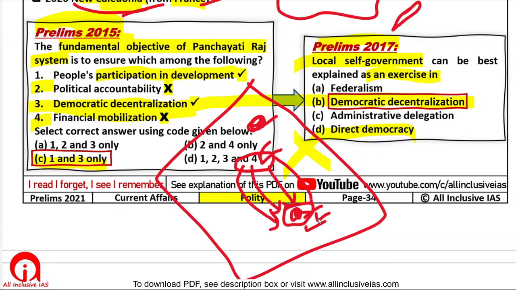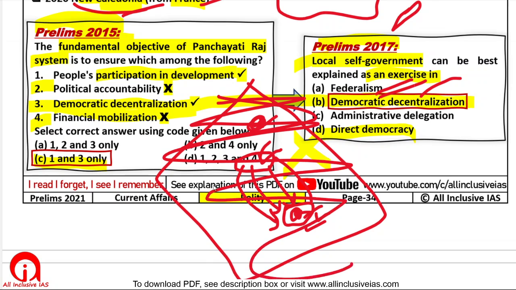No, of course not. Therefore, there is a concept of democratic decentralization. There should be democracy, but the democracy should be decentralized. You cannot say that we as a country, because this is often said in the news, have elected a central government, and now this central government is empowered to do anything and everything. No, you can't say like this. That would be democratic centralization. You have centralized everything. Here our aim through Panchayati Raj institutions is that democracy should be local. Local problems, local solution. Democratic decentralization and people's participation in development. Fine.